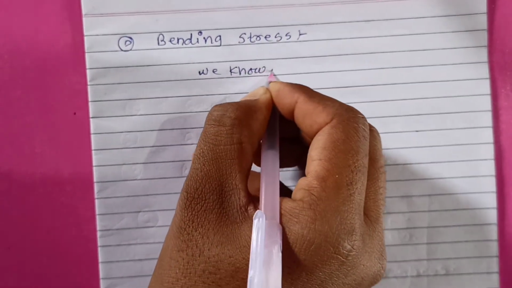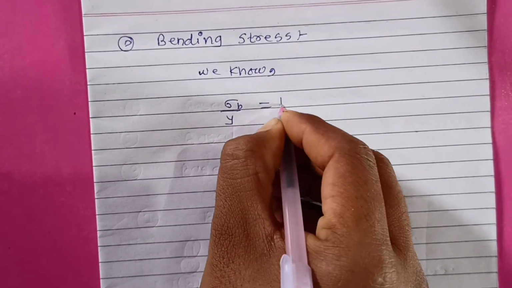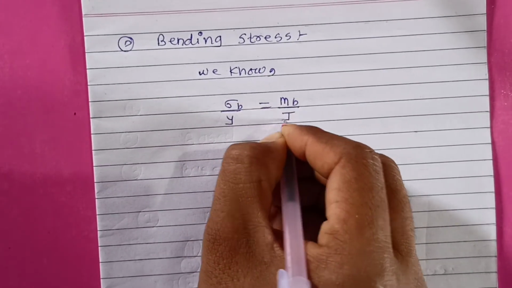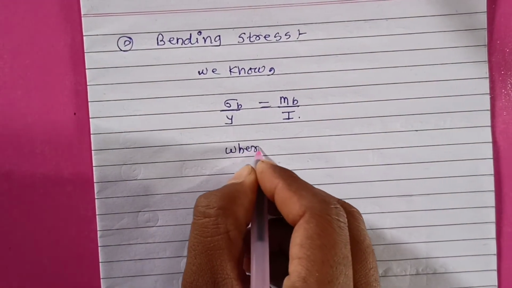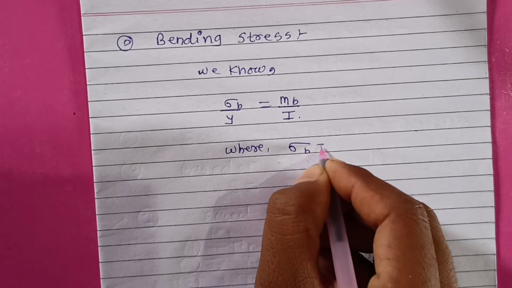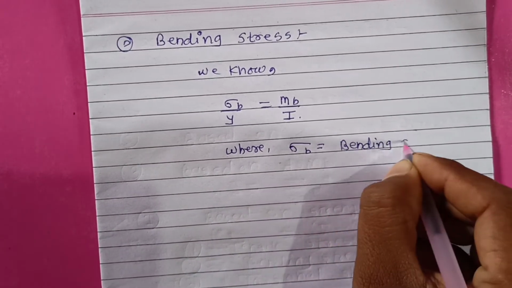We know sigma b by y is equal to Mb by I. Now here sigma b is nothing but the bending stress,